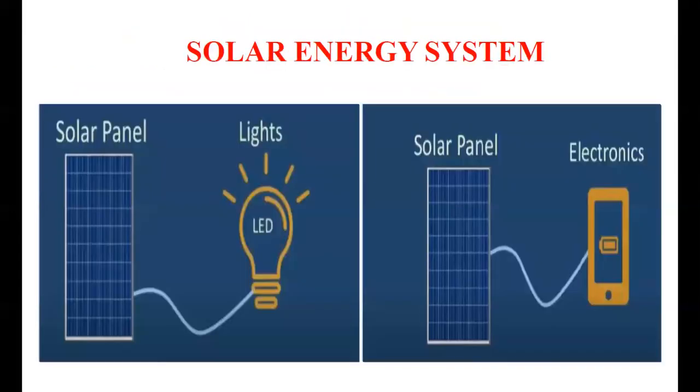Figure shows a simple solar energy system. The solar panel converts the light energy into electrical energy, which will be a DC supply. We have to remember that the solar panel produces DC, which will be connected to the LED light. So it will work perfectly if the panel voltage and current match with the voltage and current of the load or LED light. Similarly, it can be used for charging the batteries.